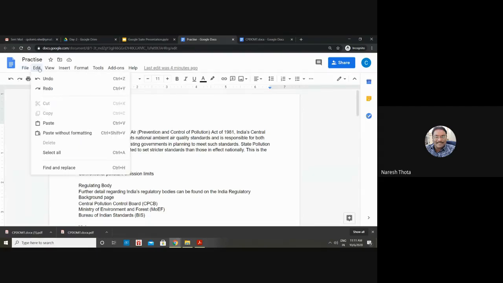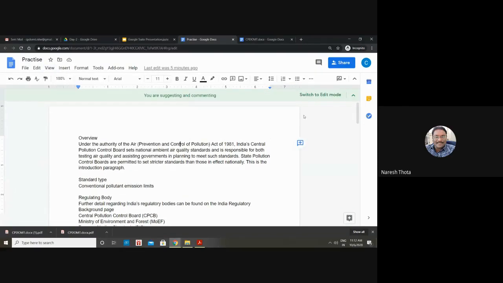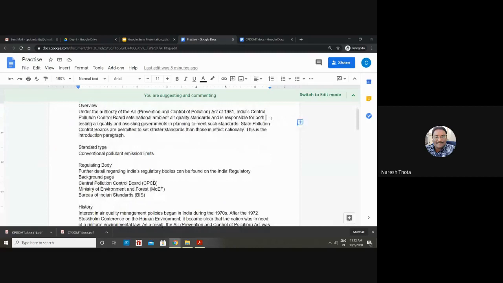The other tab is undo, redo. I think this is more or less cut, copy, paste. All these options are mostly similar to MS Office, so you can go through them while working. So the other one is this one. While you are editing a document, now I'm in editing mode directly, so I can directly edit this one. The other one is suggesting, which means you can directly suggest here, and once I suggest something, it will say that somebody with a CPDOMT email had made some change here. I added some words here. Okay, that is suggesting, and also viewing mode.